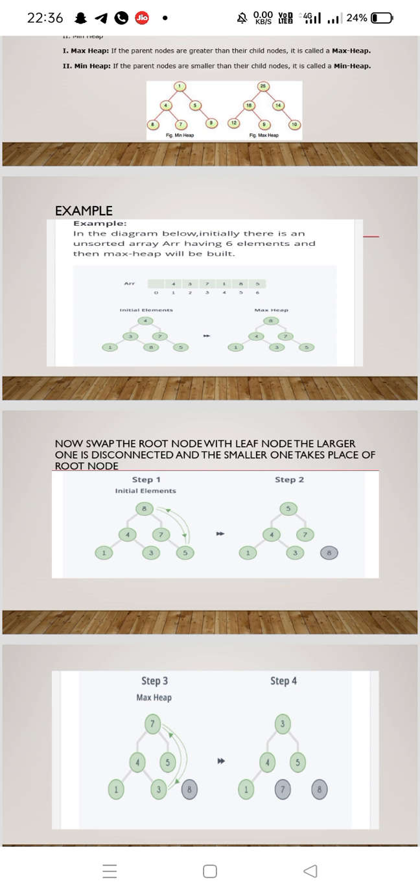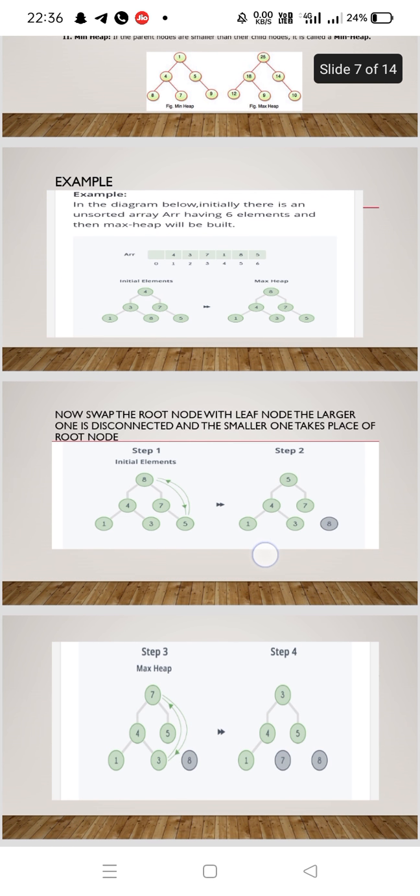Now swap the root node with the leaf node. That larger element is disconnected and the smaller value takes the place of the root node. Now we have to compare the larger element with the leaf node. In step 1 the larger element is 8 and the leaf node is 5.